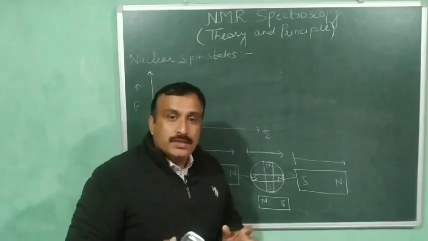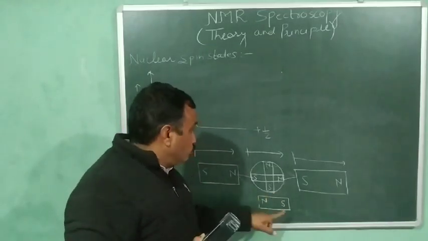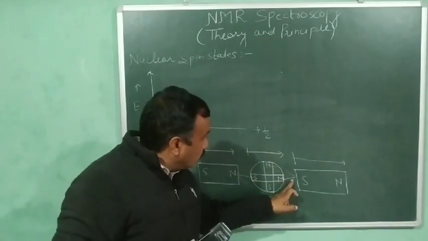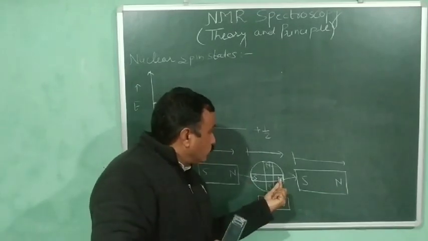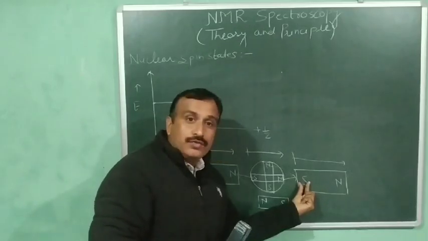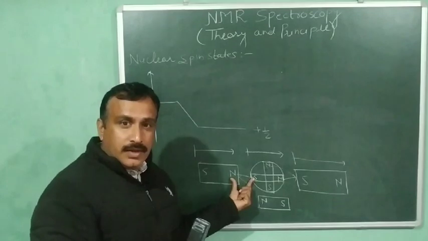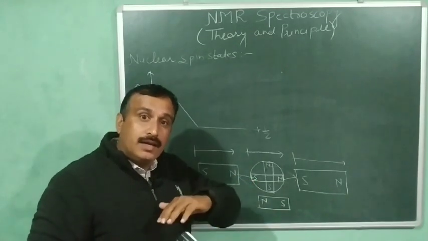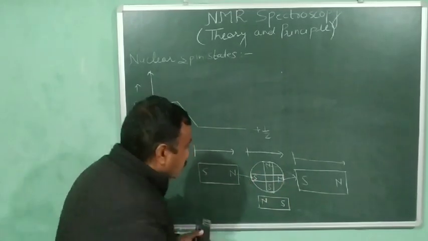And to do this, I have to apply some energy, because I have to overcome the force of attraction which is already present between the north and south pole of the proton magnet and the south pole of the external magnetic field, and the same force is also here. So when I have supplied energy and I have aligned this proton magnet against the external magnetic field,